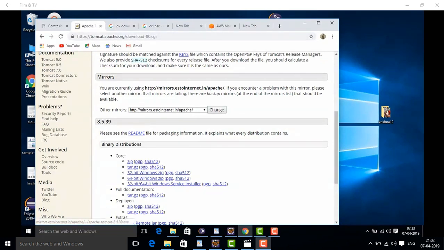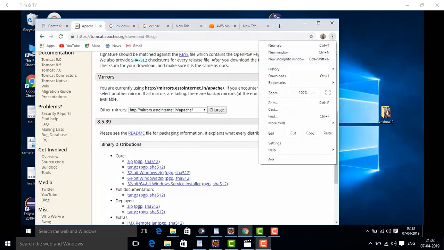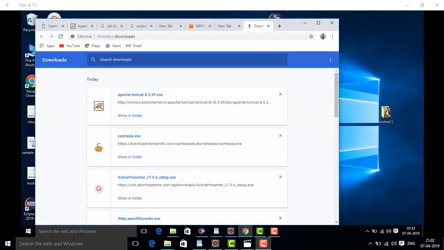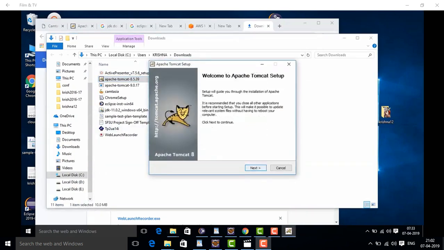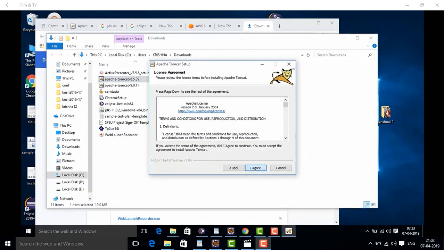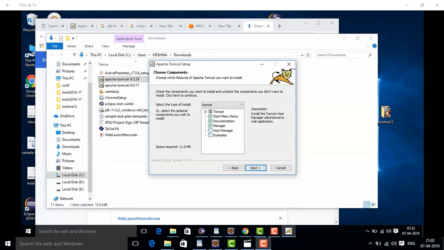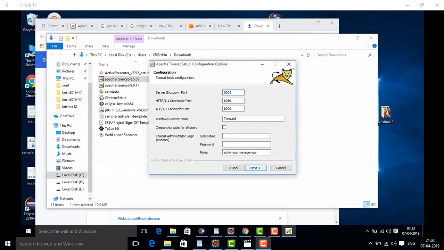So go to Google, type tomcat.apache.org, click on the 32-bit or 64-bit Windows Service installer, then go to downloads, then click on show in folder, then click on the installed Apache Tomcat server, then click on next, click on agreements, I agree, then click on all the features, then click on next. These are the ports to connect to the server through a browser, then click on next,